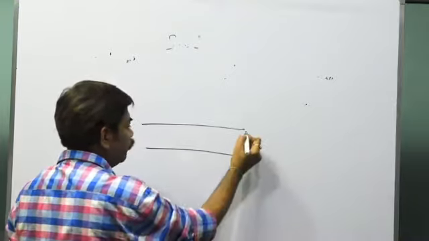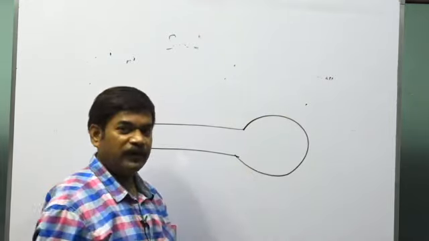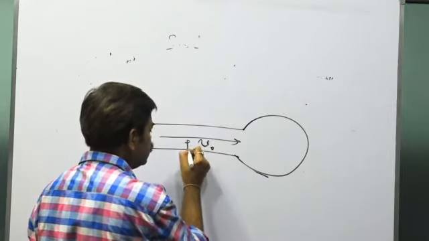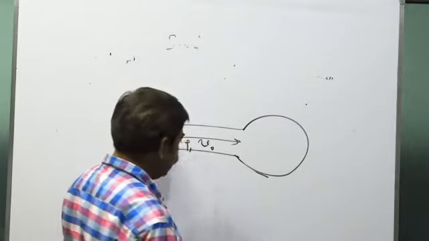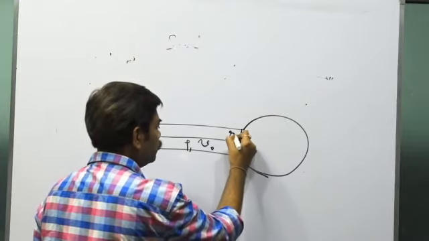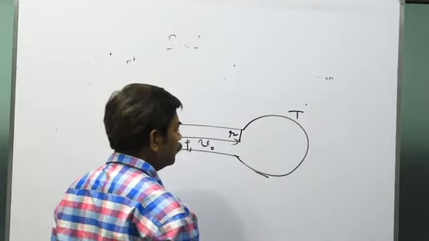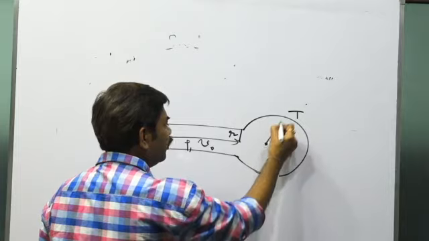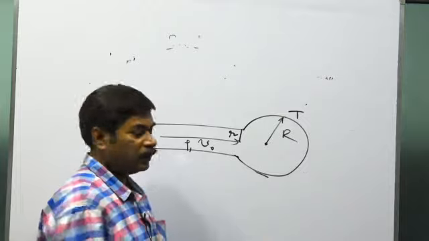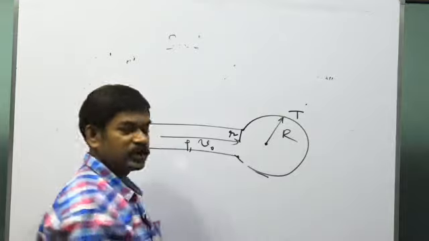In one year of IIT JEE it was asked that here we have a soap bubble, and the air was blown from here with the velocity V0. Density of the air is rho. The radius of the capillary was small r, and the surface tension of the film of the soap bubble is T. The question was, what will be the radius of the bubble when this bubble will detach itself from the capillary? As the radius increases, at some point of time, the bubble will detach itself from the capillary.